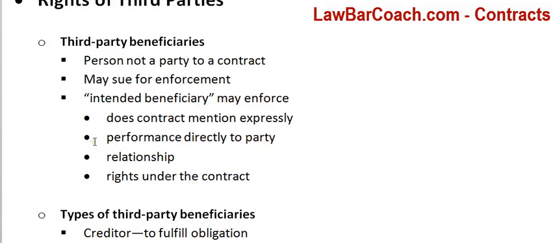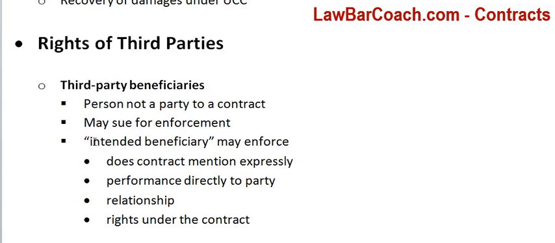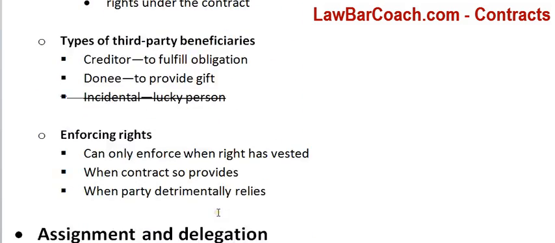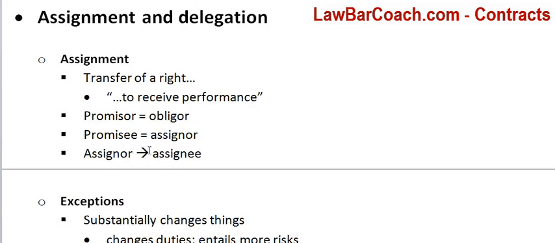Now, a beneficiary is slightly different because you're sort of just benefiting from the contract. You're not actually mentioned in the contract itself, and your rights to enforce are limited, because it only can happen when it's vested, or when the contract might limit that and so forth. Whereas an assignment actually transfers the right, legally speaking. You now step into the shoes of the party who was originally going to receive performance.